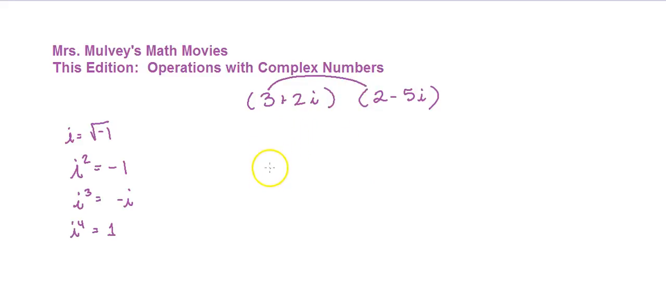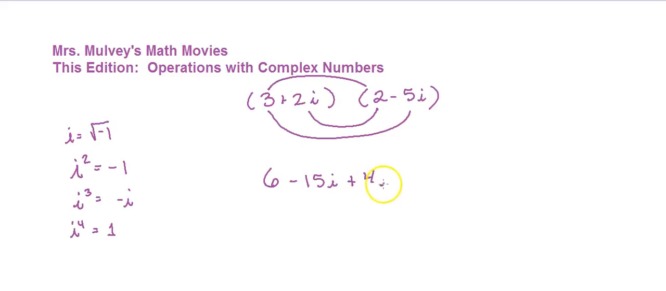If I'm going to multiply these, I multiply the firsts. 3 times 2 gets me 6. I multiply the outsides. 3 times negative 5i is negative 15i. I multiply the insides. 2i times 2, and they're both positive, so that's positive 4i, and then I multiply the lasts. And I have 2i times negative 5i, that's minus 10i squared. So very much like working with binomials with real numbers. The difference, though, is right here. Because you have the i squared